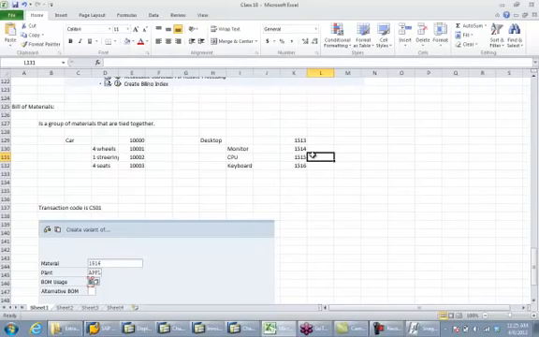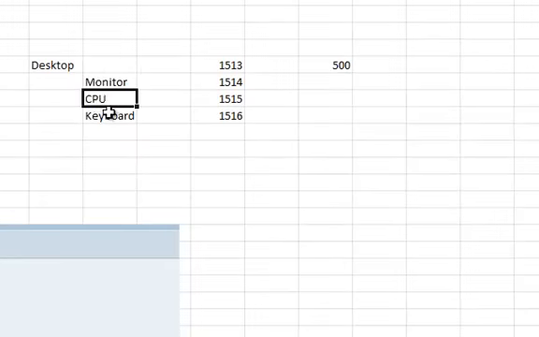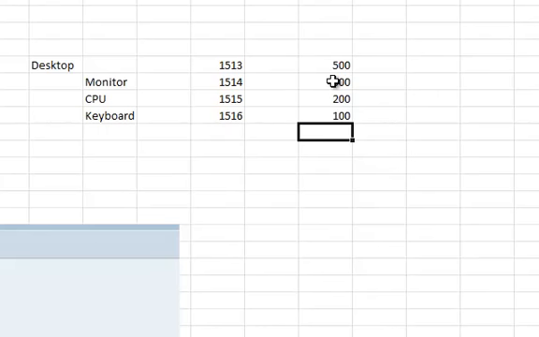Okay, the first, let's assume the price on the desktop is $500. If the customer buys a desktop from us, the price is 500, but we can also sell the components individually. Okay, a monitor on itself costs 300, a CPU costs 200, and a keyboard costs 100. So you can have,